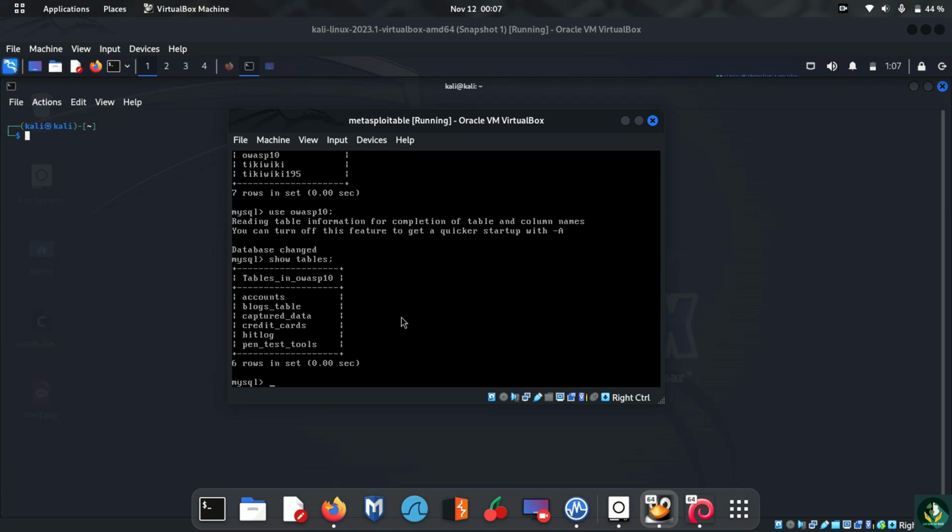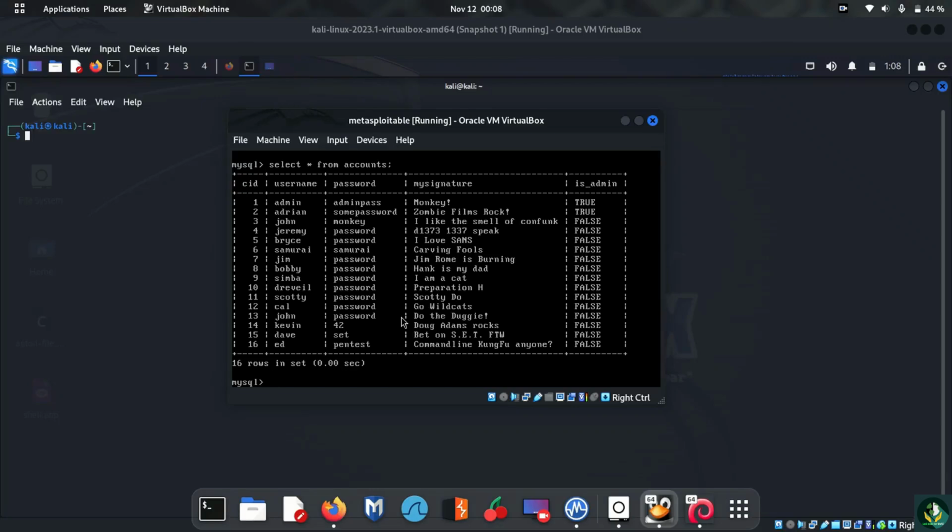In MySQL we have a lot of different queries, and I'm going to take you through some of them, those that are really necessary to know. And right now I'm going to take you through accounts. So let's use select star from accounts and hit enter. So what is select star from accounts? This is called a